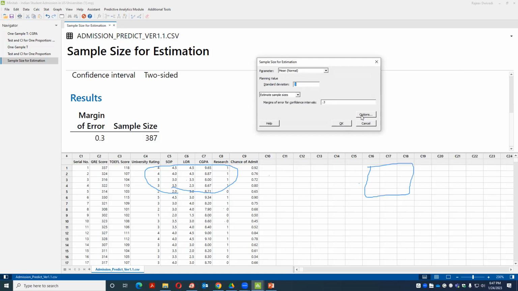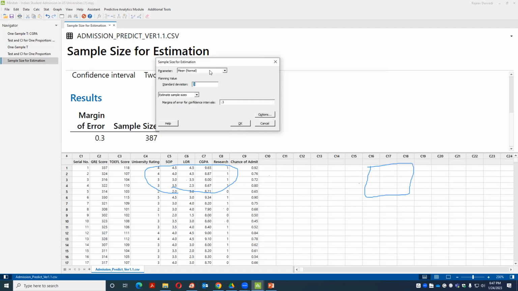That question is given in sample size estimation. If you do manual calculation and if you use Minitab calculation, the answers are different. Let's say here you are getting 387. When you do it manually, probably you will get a different number. So what I did, I calculated using manual and I calculated using this, and I put the margin of error with the answer, so that whichever method you use, both answers will be correct or in the range.